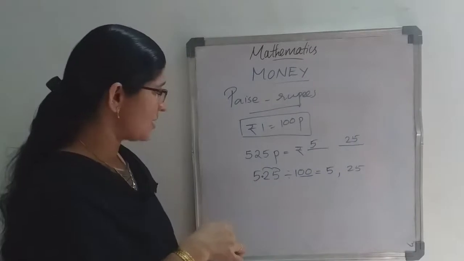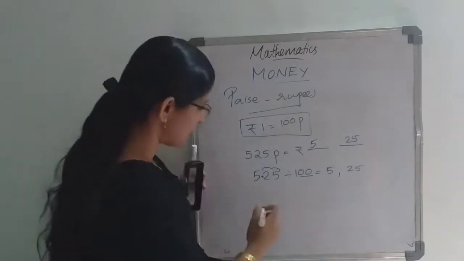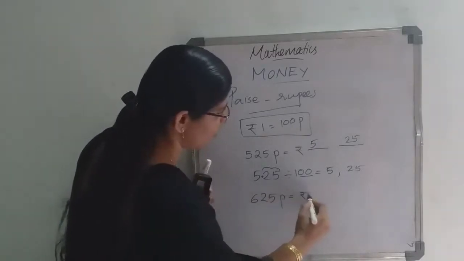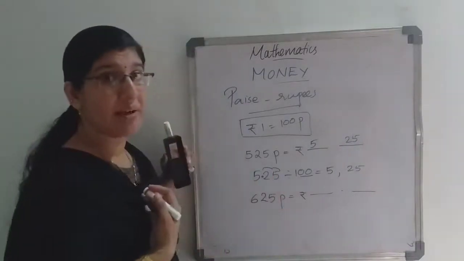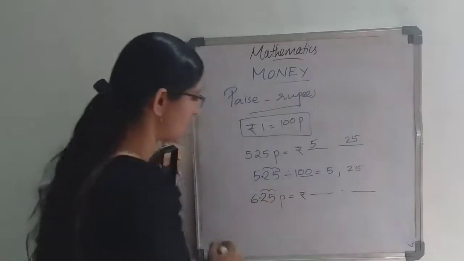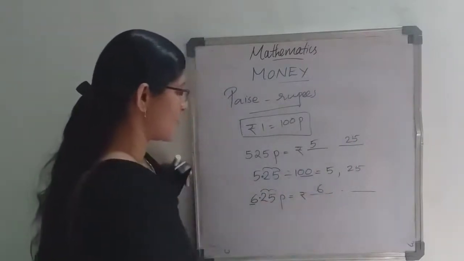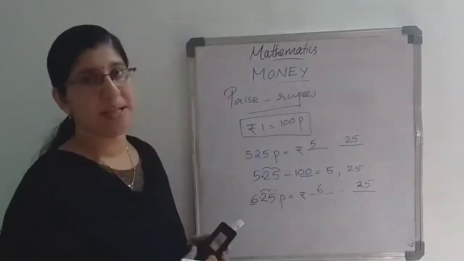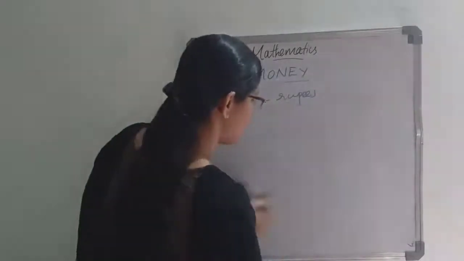There is an easy method, with which within 1 second you can get the answer. Suppose you want to convert any paise into rupees and paise. We know that every time paisa should be a 2-digit number. So after two numbers you have to insert the dot. The left side number you write as the rupees, and the next 2 digits you write as the paise. Clear? Some more examples I'll show you.